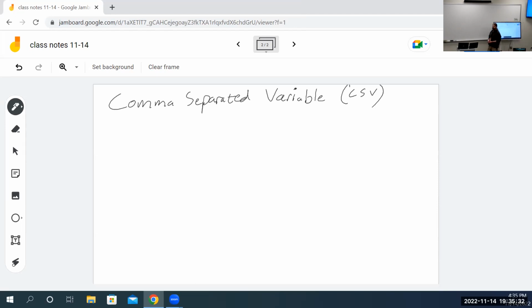And these are exceptionally nice. Spreadsheets grew out of CSV files. So all those rows and columns you're probably familiar with from spreadsheets, that grew from CSV. So think of rows and columns like a big table. So instead of coming up with a sequence like before the break, where we had to remember the even indexes have the name and the odd indexes have the rate of pay, with a comma separated variable,